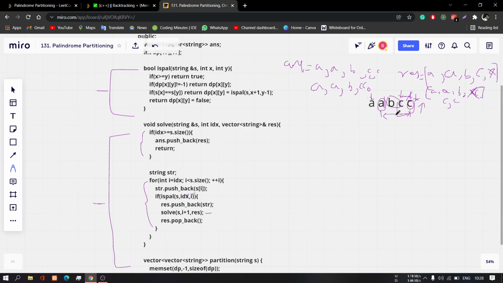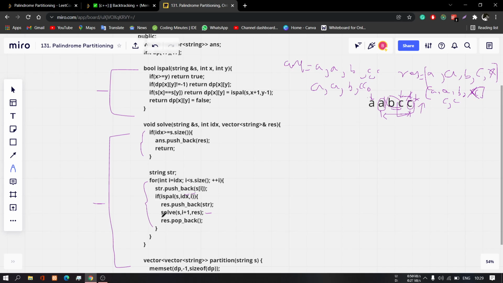In the previous call, you can see that there is b. We are pointing to b and we are pointing to c. So now the condition is something like you will take both b and c, and check if it is a palindrome or not, and bc is not a palindrome, so we will not do anything. Then we will check for BCC, and BCC is also not a palindrome.